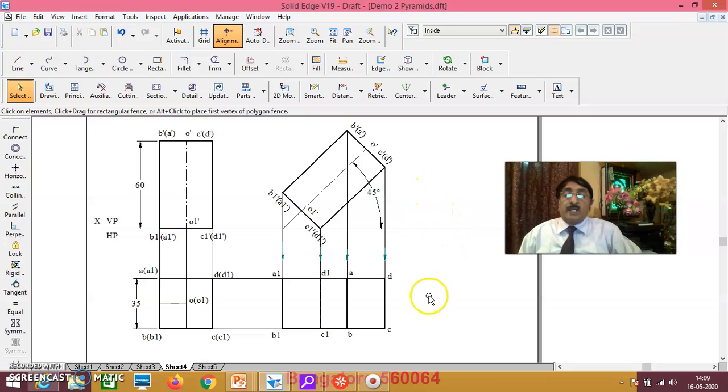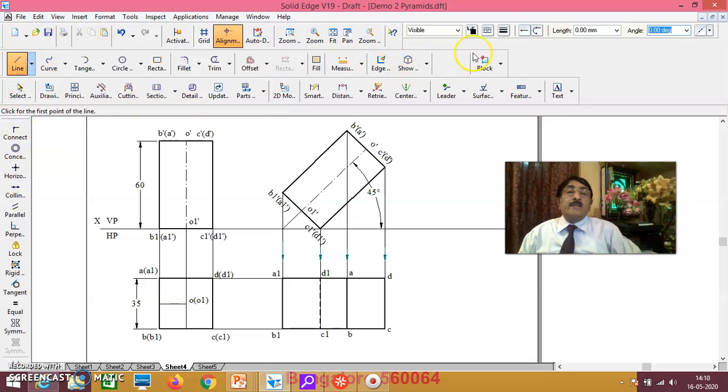In that way, you have understood that is how to get the 12 edges. Here 4 edges, here 4 edges, 8, 9, 10, 11, 12. In that way, you are able to complete 12 edges properly. Now, only thing what I have left out is drawing of an axis line. Okay, axis line will draw